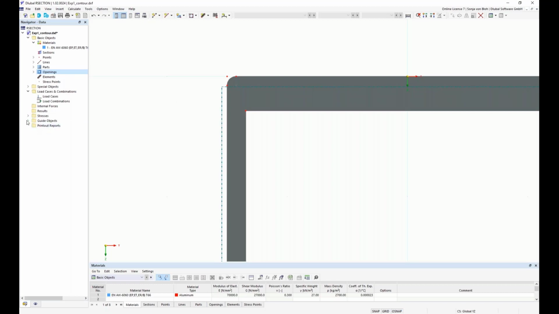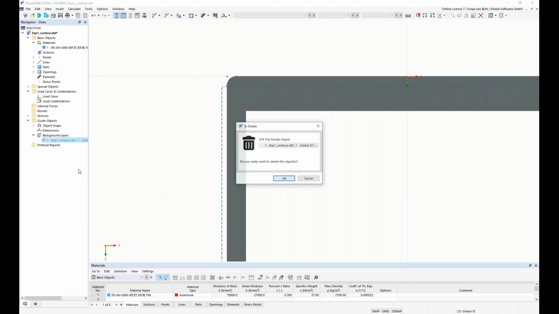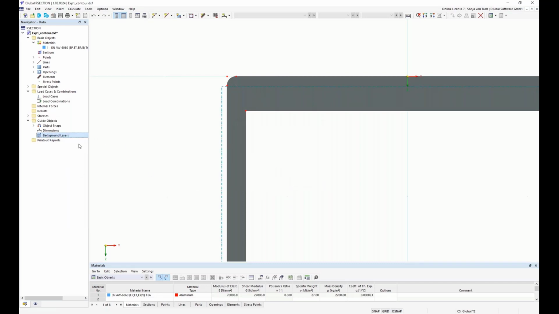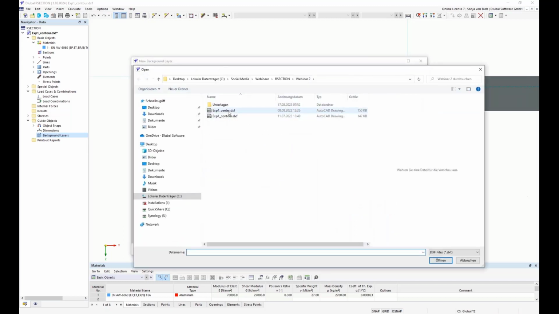For this, I open in Navigator Data the background layers. Here, a background layer is already imported. I delete this because I don't need this today. And then I go here to new background layer. Here I first select the DXF file to be imported via this button, Open File, and I choose the DXF file with the center lines. Then I click on Open,